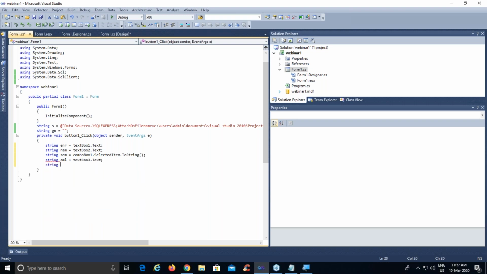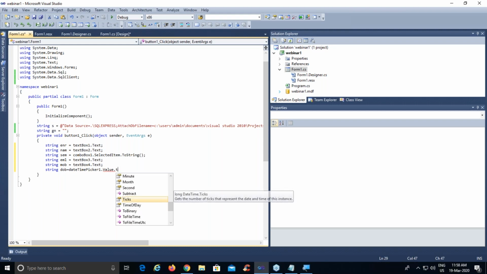Then we have string mobile equals to textBox4.Text. Then we have, in our design, the date time picker. So string, say dob equals to dateTimePicker1.Value.ToString.